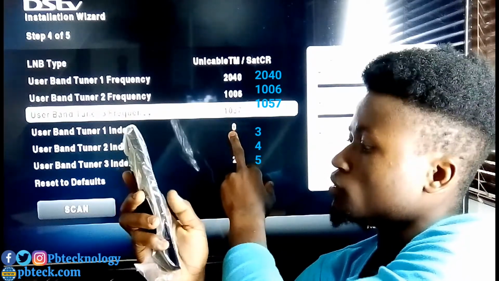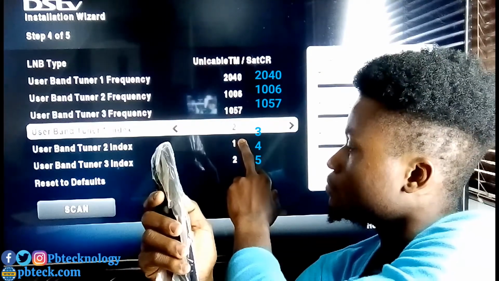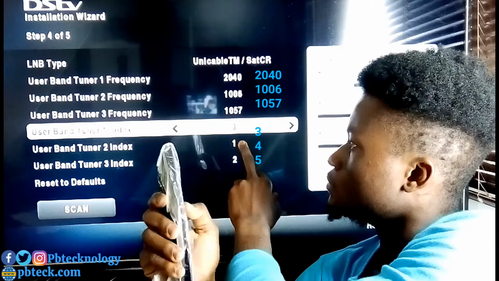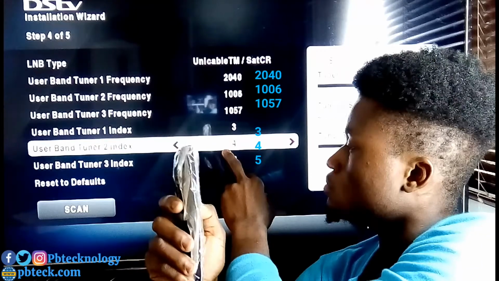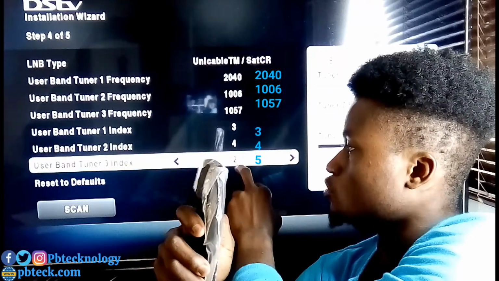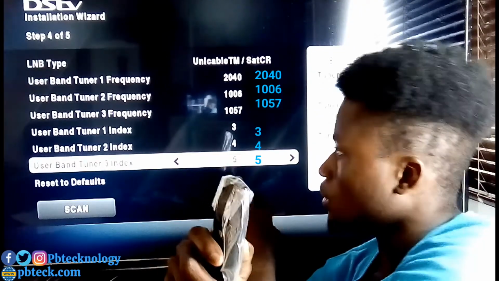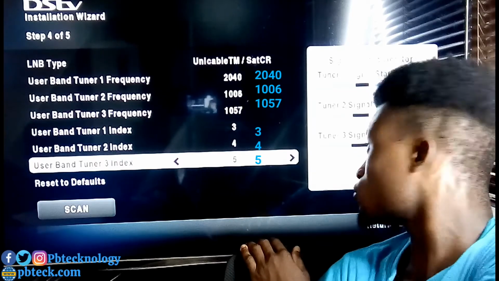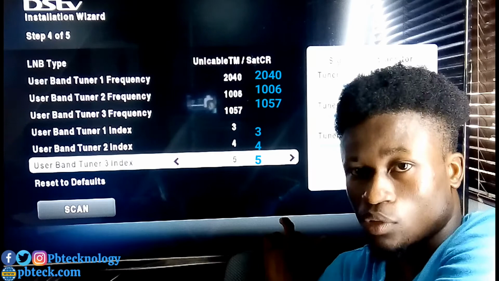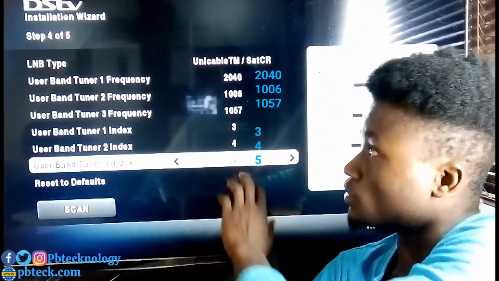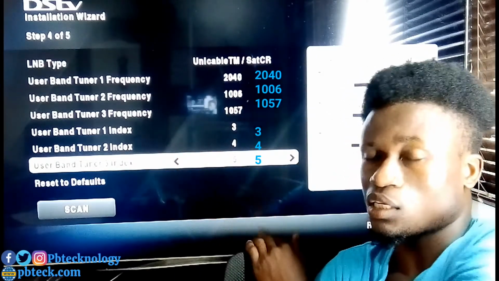For the user band index, the first one has to be 3, the second one has to be 4, and the third one has to be 5. These are the figures that will be on your secondary decoder if you are to do an Extra View with Explorer decoders. This is the user band frequency and the user band index that will be on your secondary decoder.